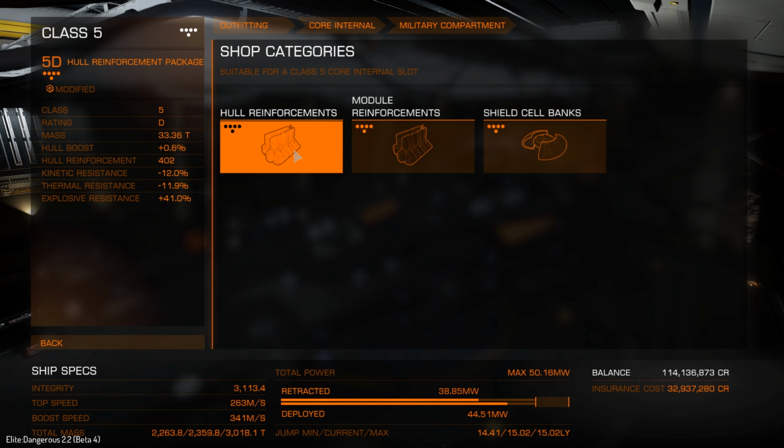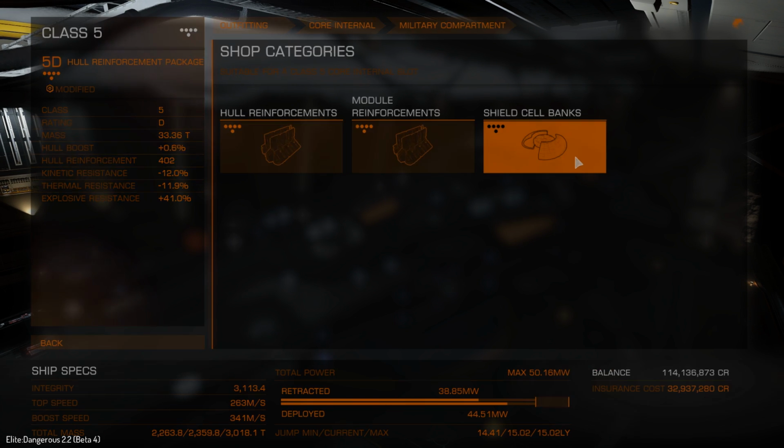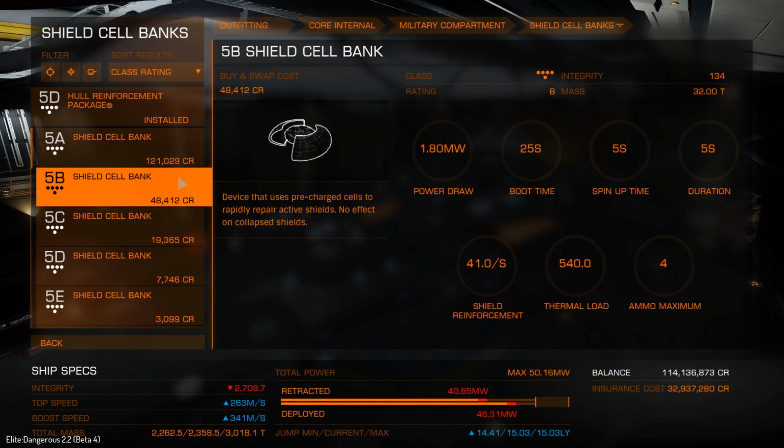So you can put hull reinforcement, module reinforcements, or additional shield cell banks. Class 5 shield cell banks, even in A rank, only last for 5 seconds. So 48 times 5, that's maybe 240 megajoules of shield, and that's it. So, I mean, it's kind of a stopgap. You still have a 540 units of thermal load that punches into your ship. Difference between a 5A and a 5B is the exact same thermal load with a little bit less shield reinforcement,